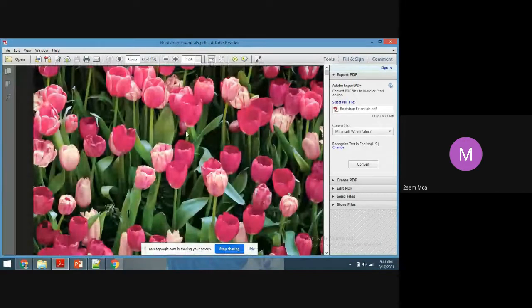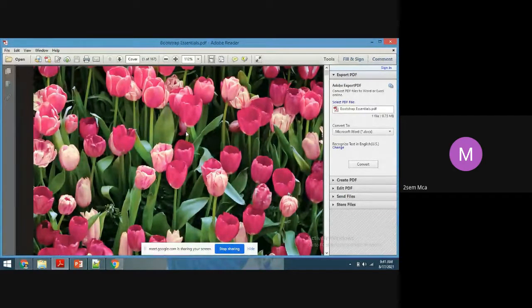See, students, this Bootstrap is very simple. What are the tags we have executed in HTML? Bold tag, italic tag, underline tag, image tag, ordered list, unordered list, CSS, all those things we have executed.